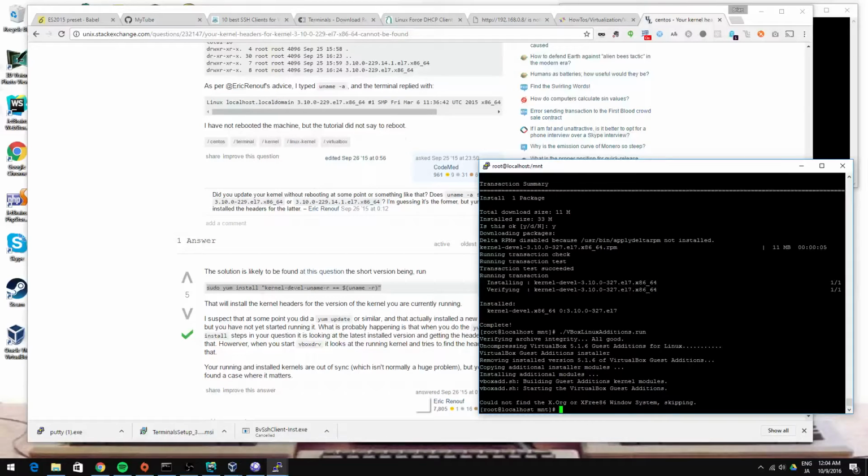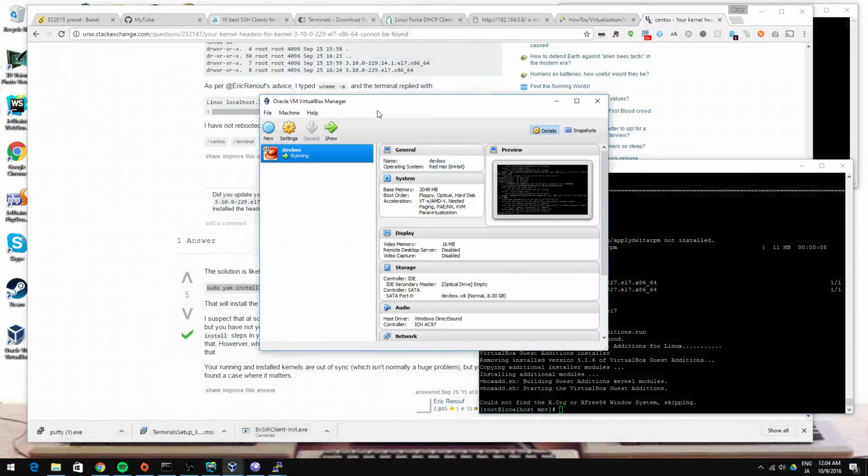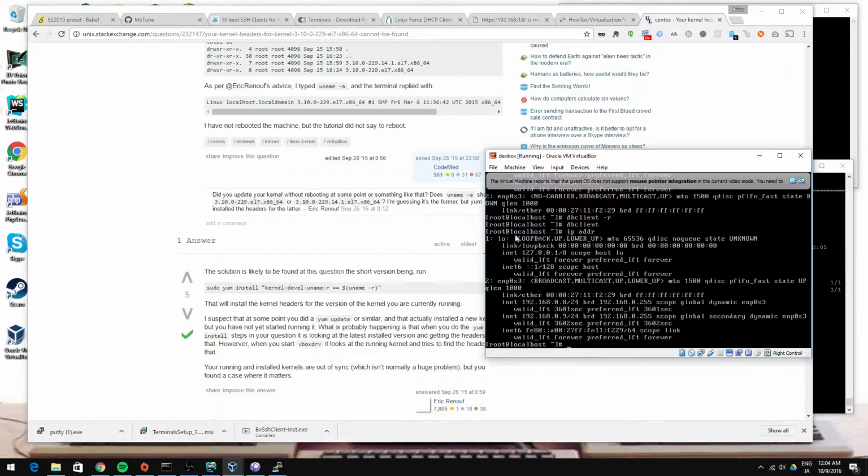Could not find the X. Okay, but this is fine. This is cool. I'm okay with that error because I don't have X running. X is the GUI part of any Linux machine. Or I mean, there are some different display servers, but